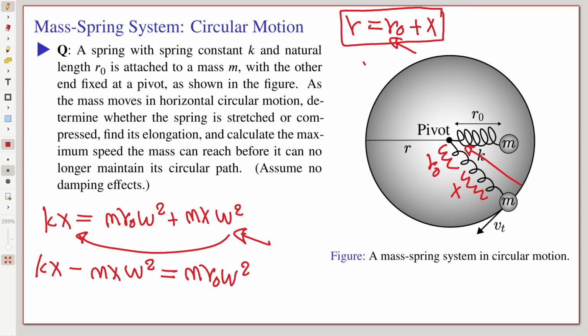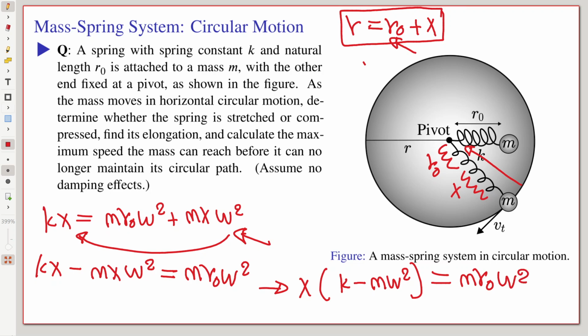Solving for x, or the elongation, gives us, first of all, let's take x as a factor out, so we get